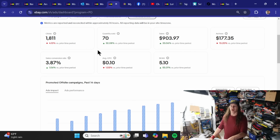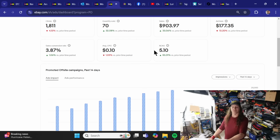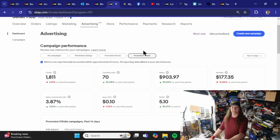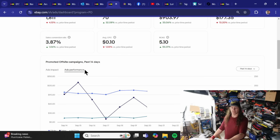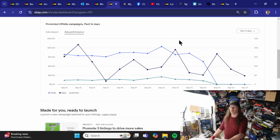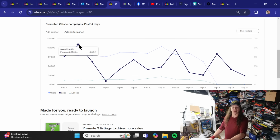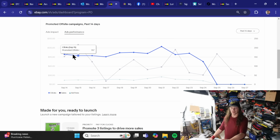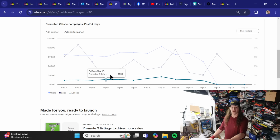So for my crappy items to be pulling a 5.10, mine's at $13 a day. Here's where it shows you how much you made a day off of the website. So if I'm spending $13 a day, I made $91 that day. Wait, is this the right one? Yeah, so that's the clicks. So 130 that day. Sure, you're going to have days where you...